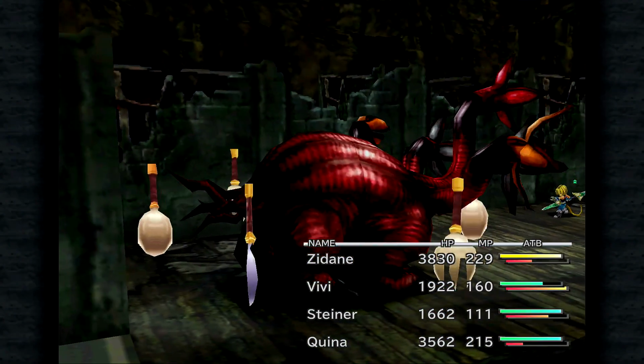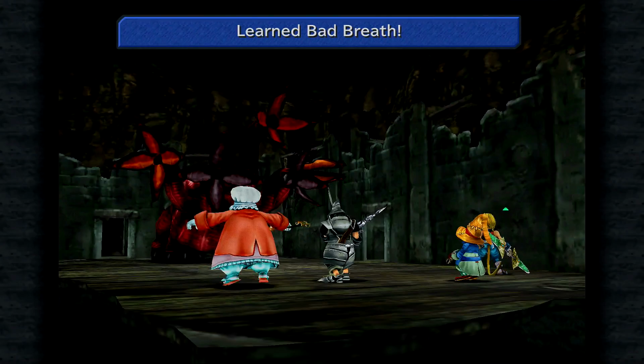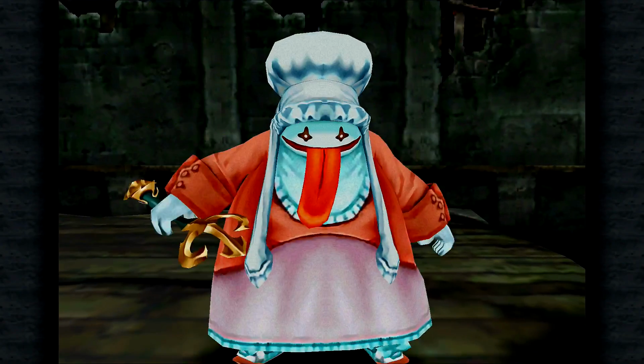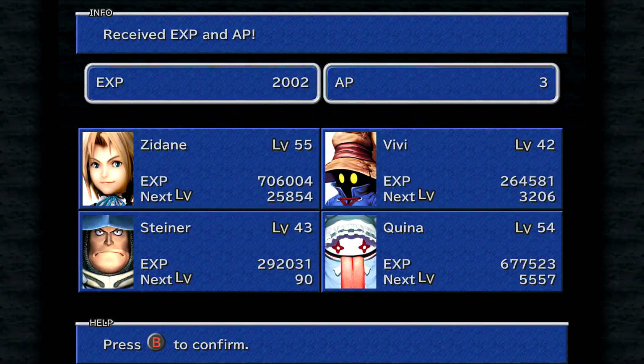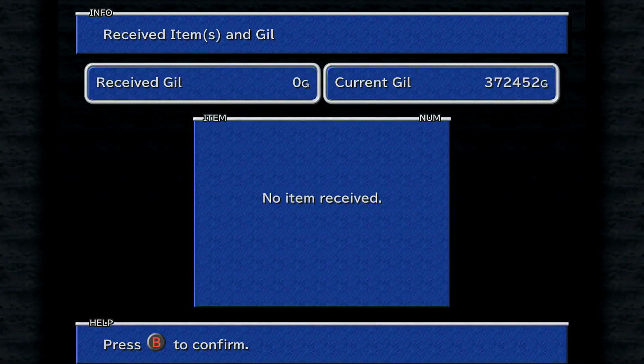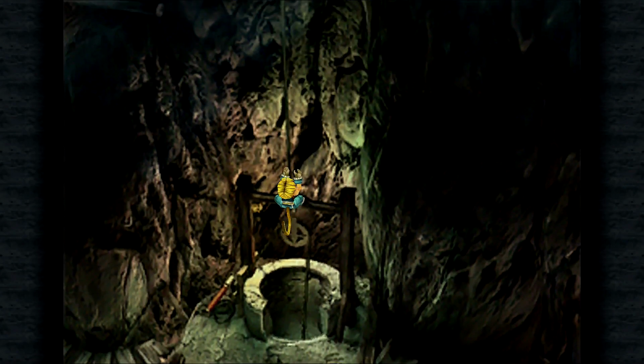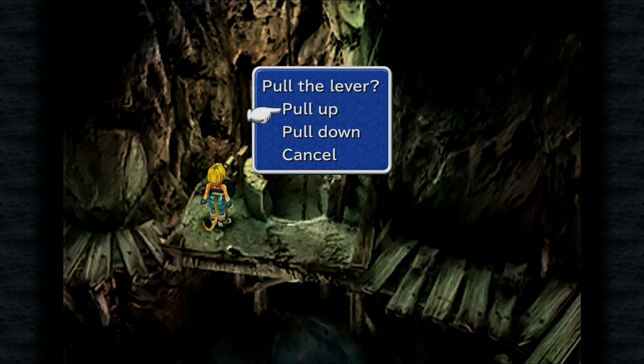To be honest, I do think it has a fairly high resistance against the standard elemental attacks, so water works better than Firaga or Blizzaga or Thundaga, but one will be enough, and then have Quina eat it, and Quina will learn Bad Breath, which inflicts a bunch of status ailments on your enemies. But if you've played Final Fantasy, then you know this, because Bad Breath is present in pretty much every single Final Fantasy game. And we need to pull this lever down 3 times,